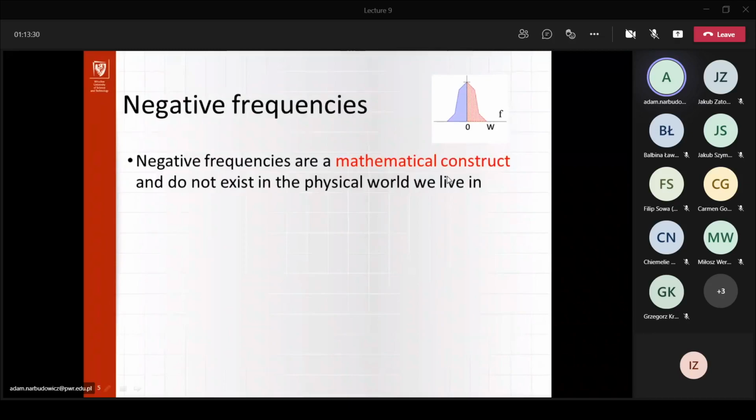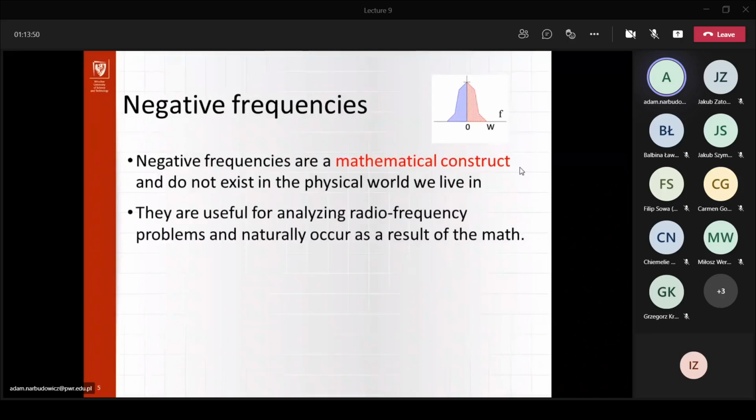However, the most common interpretation is that this is a form of a mathematical construct. Obviously you cannot have in the real world minus something changes per second. That's difficult to imagine. However, those negative frequencies are useful for analyzing radio frequency signals, and in a way they occur naturally as the result of the mathematics that